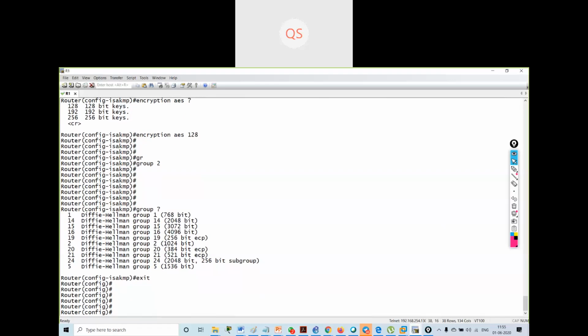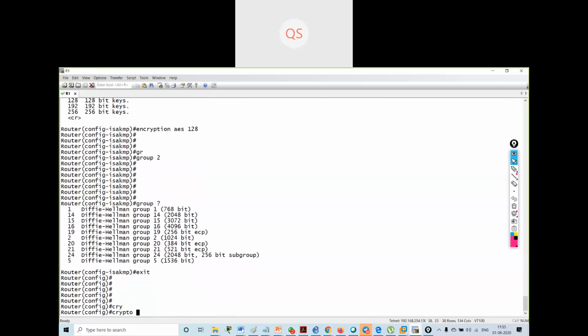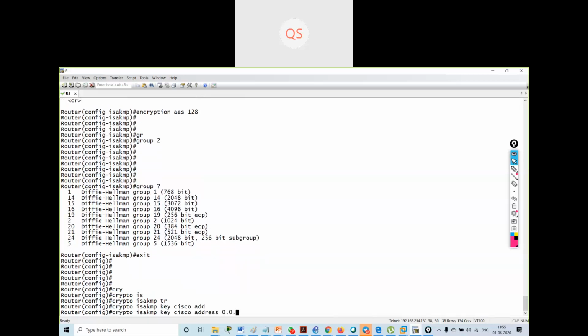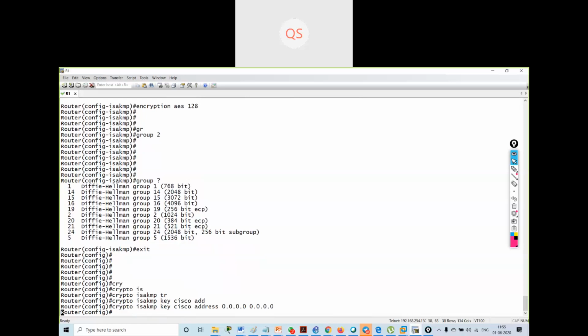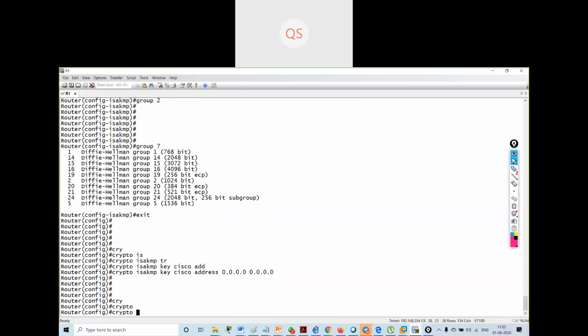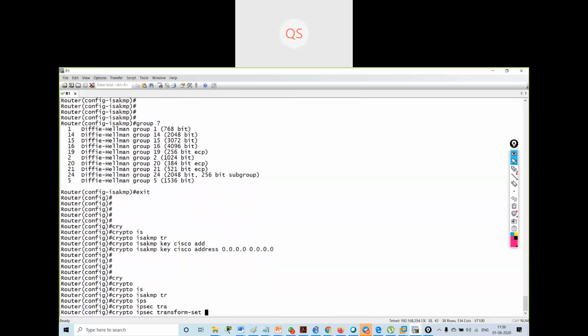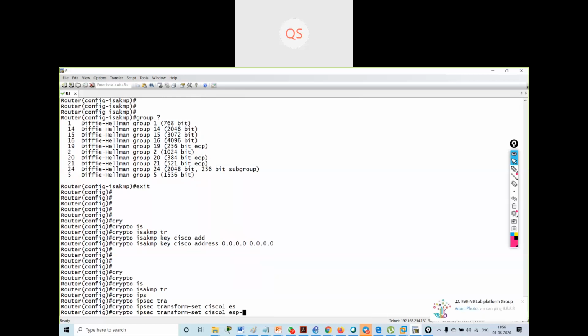Then I will create a transform set, or I will create a key first. Key is Cisco and the address is 0.0.0.0. Then I'll create the IPsec transform set, and I'll say Cisco1 is my name of the transform set.